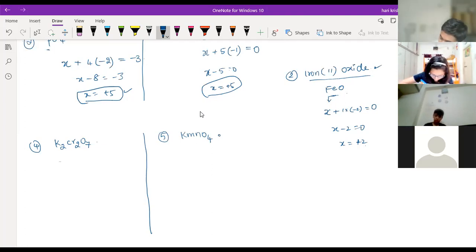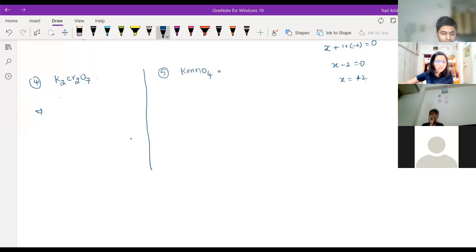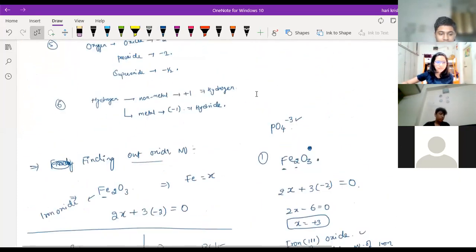Okay. Jivika, solve the next one also, KMnO4. Okay, sir. Yes, sir, it's 6 only. Sir, it's 6. Kavya? I still do not understand what to take. There can be both +1 and -1, right, for potassium. -1. +1, right? Because it belongs to the first group, right? So potassium can form only +1. Yes or no? Piyush?